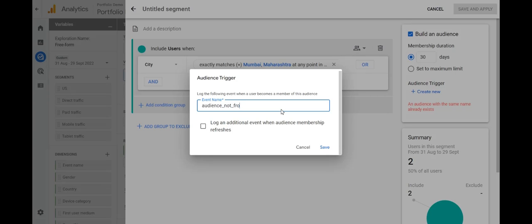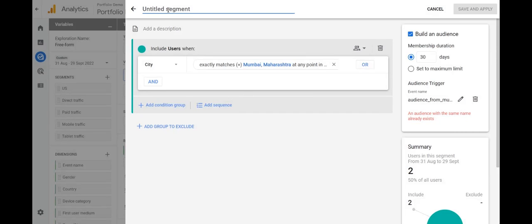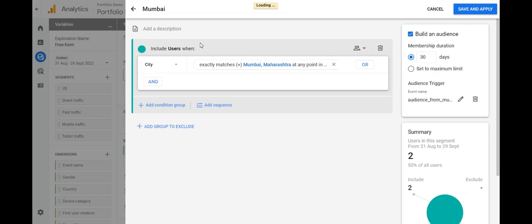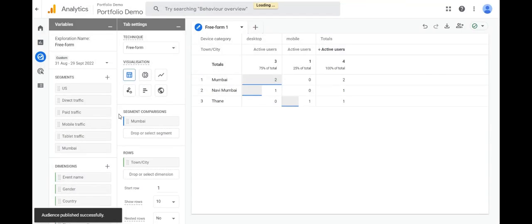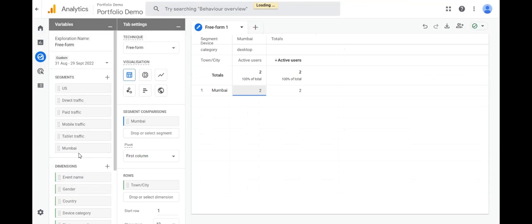Audience from Mumbai. Log an additional event. We'll click save, and we'll name this segment Mumbai. Save. So as you can see, our segment has been made, and whenever we make a new segment, it automatically comes under the segment comparisons. Now if we just quickly go to configure,